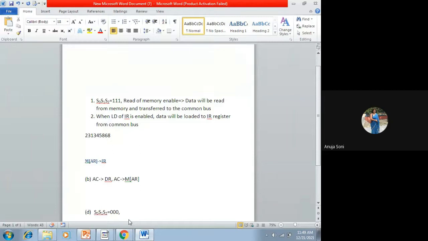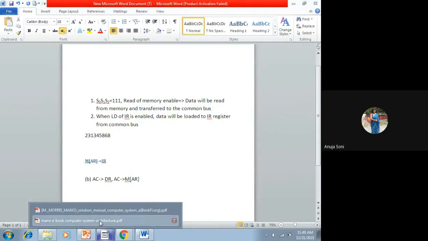I have a doubt whether this is the least significant bit or the most significant bit. I will confirm it and tell you, you also check. I think it should come this way only: S0, S1, S2. You also cross check from the book. I will also cross check. Okay, at present I am writing it this way only.